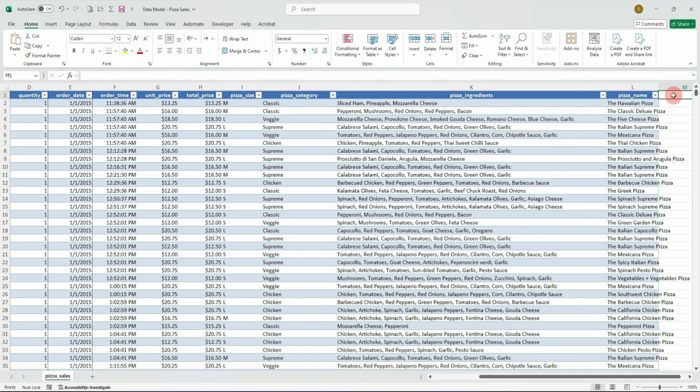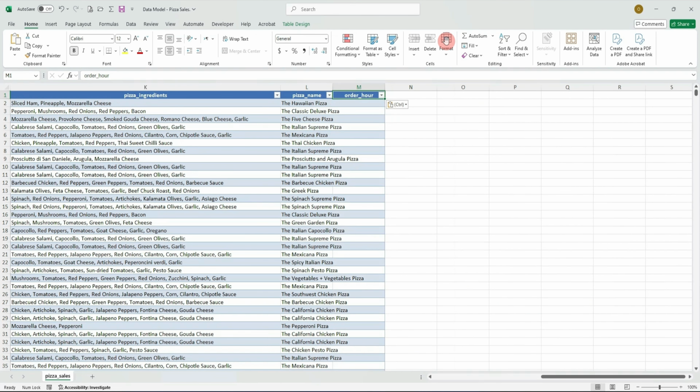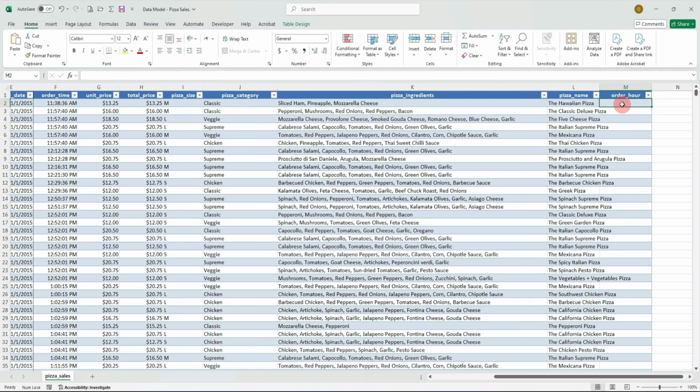Okay, and type order hour. Okay, after that, click on the first cell under the order hour header. This is where we're going to add our formula. Okay, let's type the equal sign. After that type hour, then select the first cell under the order time